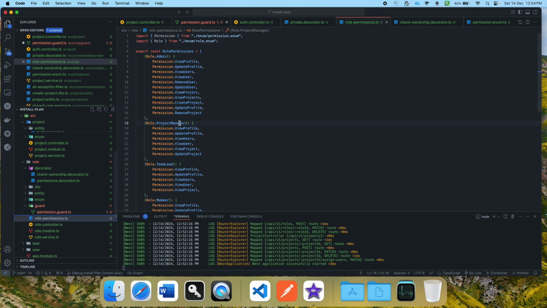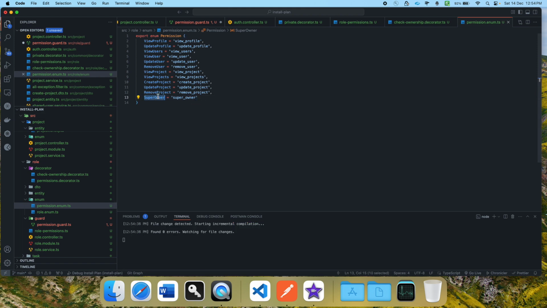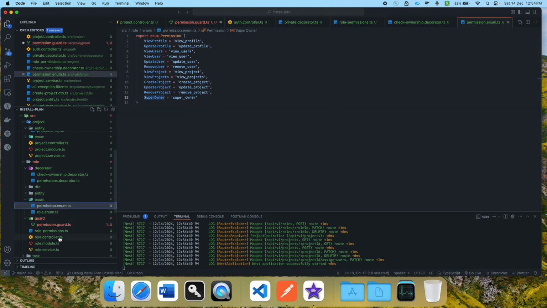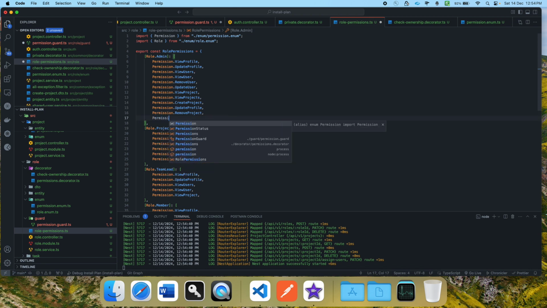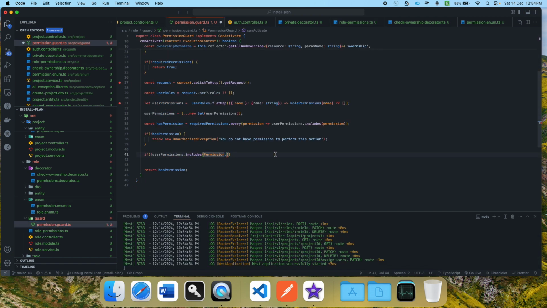so in permission, let's do one thing here. I'm just going to put one more property, super owner, and there what I'm gonna do, I'm gonna write super owner. And in this super owner, what I can do, I can just go back here in the rules permission, and I will add this permission here, permission dot super owner. Okay, now given that if user permission doesn't have the super owner,